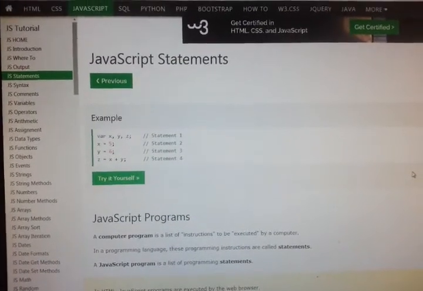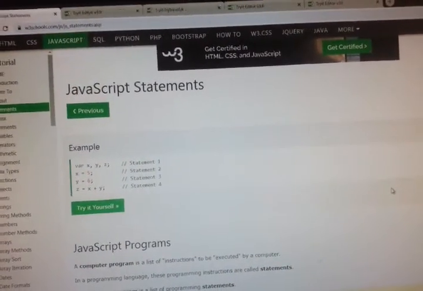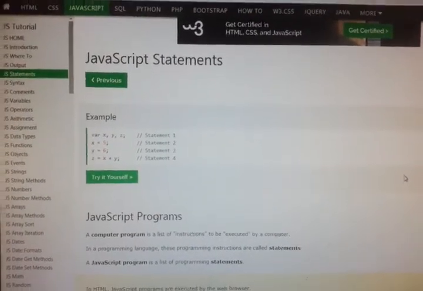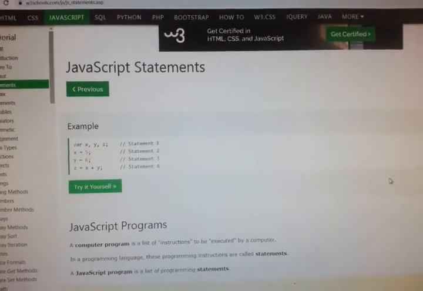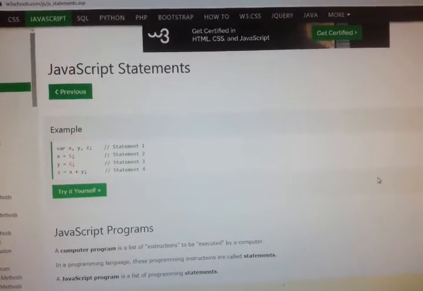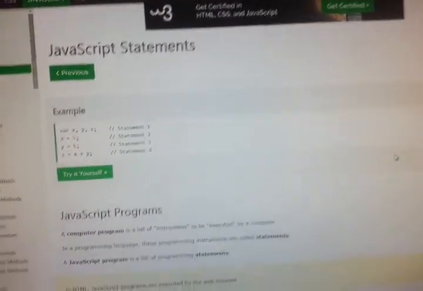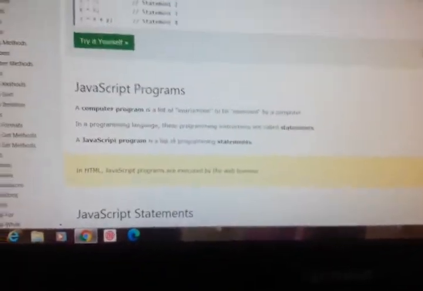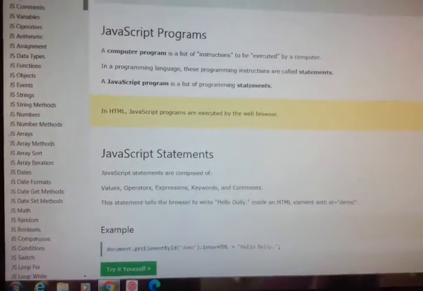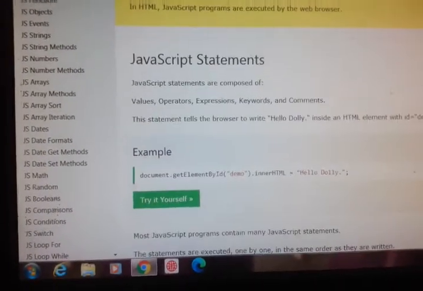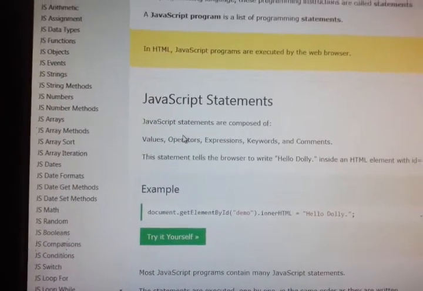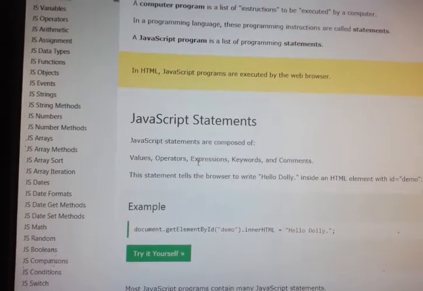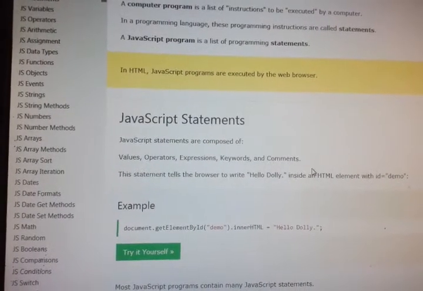JavaScript statements mean how to declare a variable, how to initialize a value to a variable, and what actually a variable is. A JavaScript statement can be anything. JavaScript statements are composed of values, operators, expressions, keywords and comments.